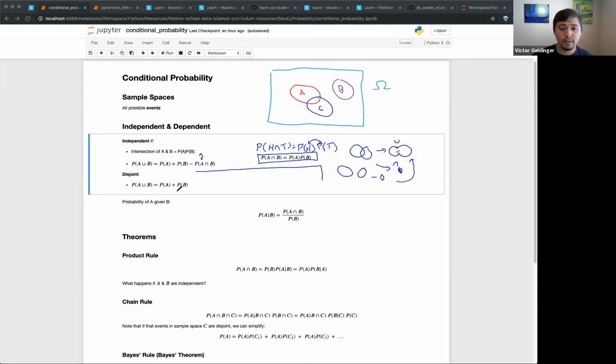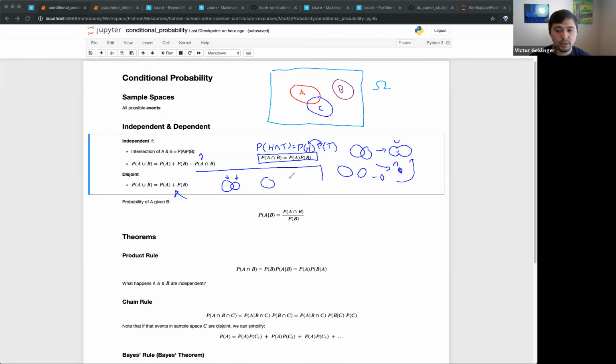Okay. All right. And then the last one we have is disjoint, which will come into play when we talk about different probabilities. But disjoint basically is when the probability of A union B is just equal to P(A) plus P(B). There's no crossover. If I had some crossover like this, and I added together the probability of A and the probability of B, like the area in here, I'd get twice as much. I get this extra little part in here.